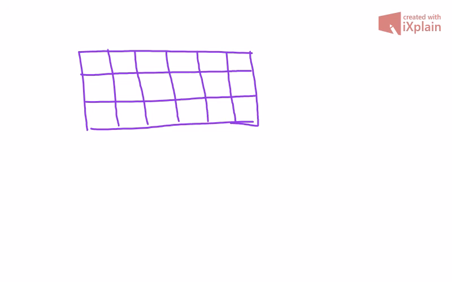So now I just count my blocks. Now you don't have to write your numbers. You can just tap them to count it. So let's say that I want to just tap to count my blocks. So I'll go 1, 2, 3, 4, 5, 6, 7, 8, 9, 10, 11, 12, 13, 14, 15, 16, 17, 18. So this rectangle has an area of 18 square